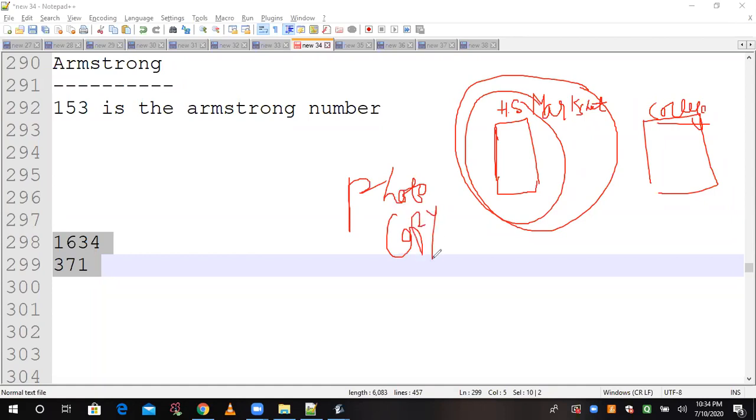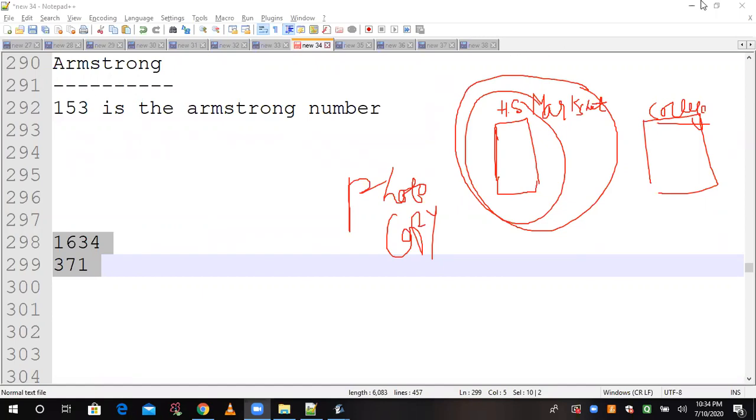Say yes or no. Please respond. Do you understand this thing? Yes. Most of the people are saying, sir yes, we will do this, we will make a photocopy of it.